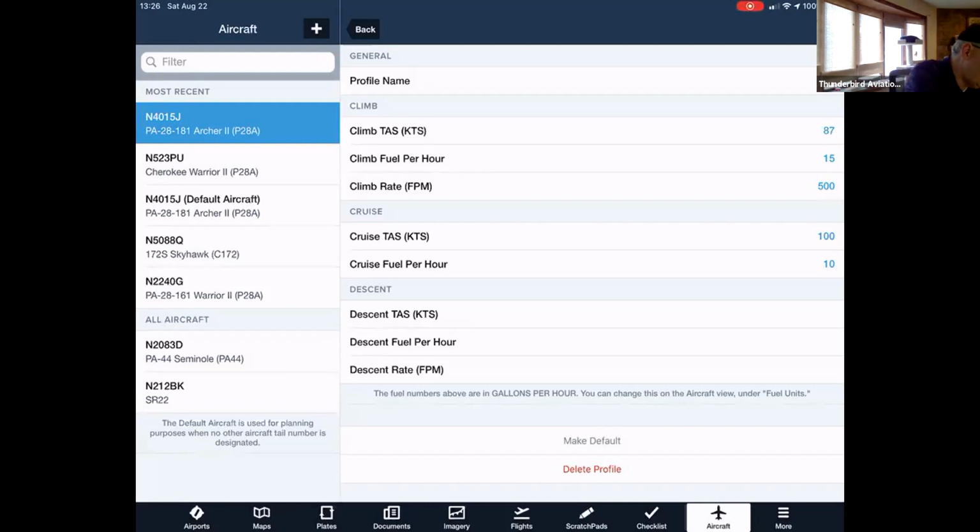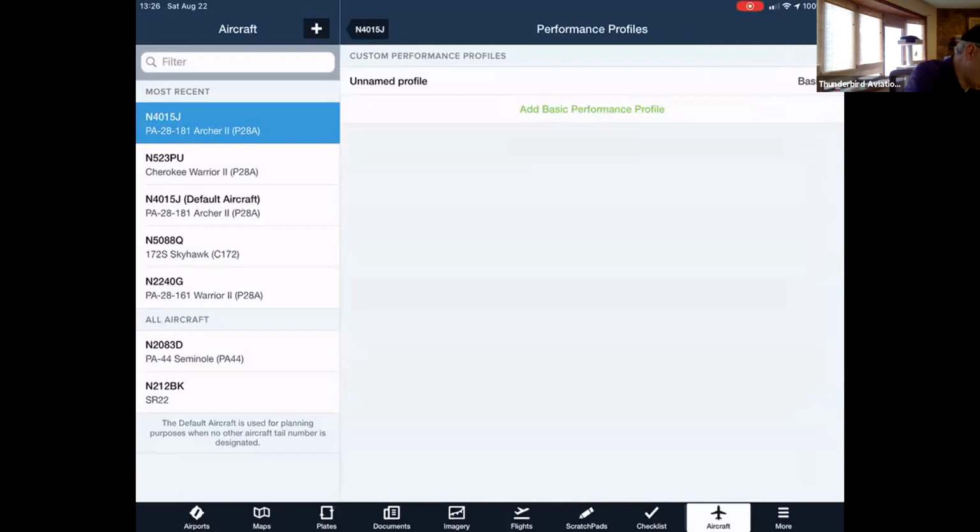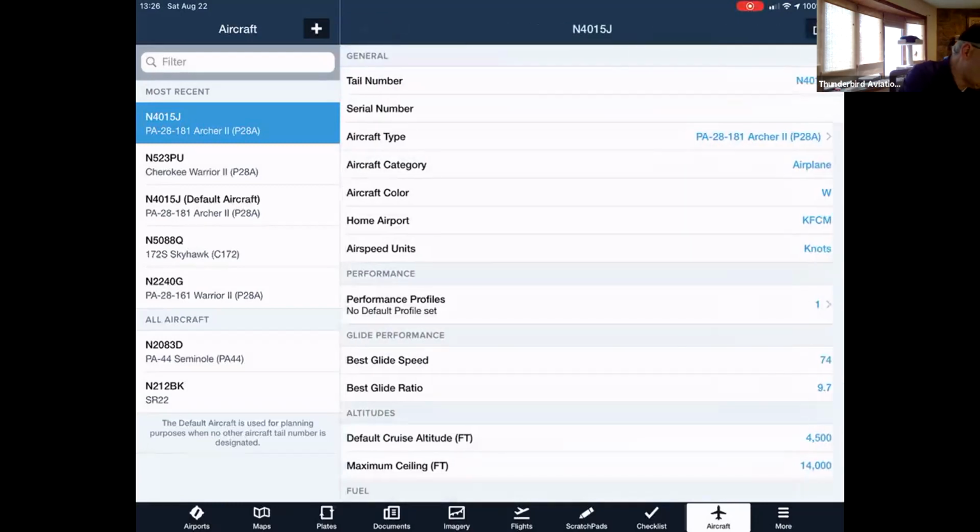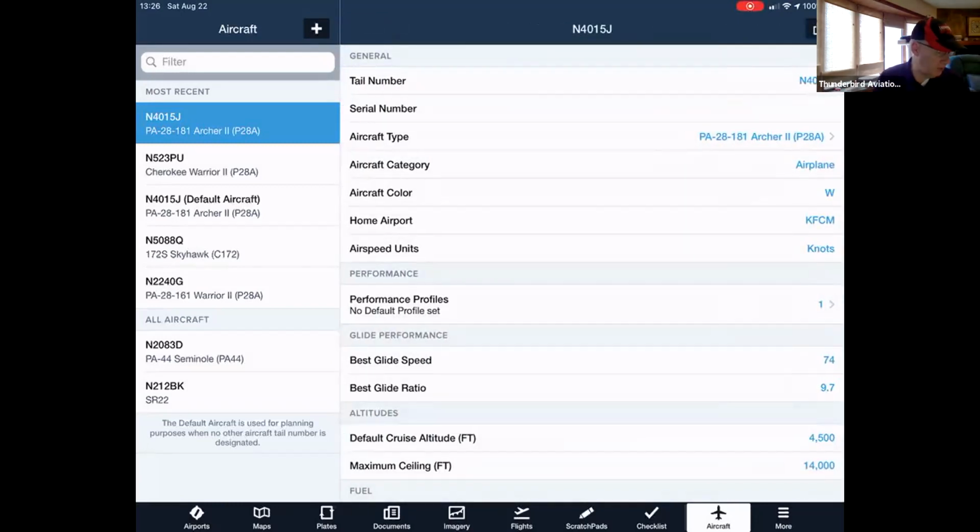Hitting the back button at the top to go back to the profile, and then the 4015 Juliet at the top to go back to the basic information. So that was performance profiles. The glide performance, if you put that in there, I had to look this up in the POH. Best glide speed is obviously in there, but then usually most airplanes have a chart with a graph on it that tells you if you're at this altitude,